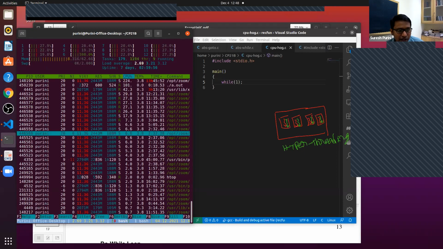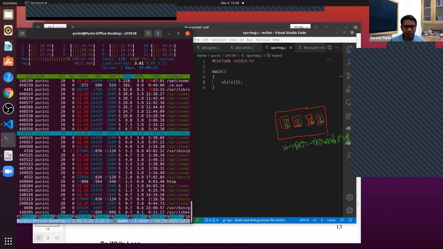Sometimes one of the cores goes to 100% usage, and it keeps changing. For some time my program executes on one core, for some other time on some other core. Due to scheduling, the operating system keeps scheduling your program on different cores. Because of that, you can see one core or another getting hogged.